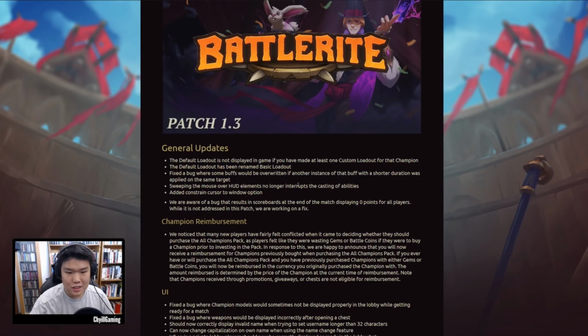Okay, so scrolling down here, we have some general updates. I think it's pretty much mostly just UI changes. It says here that the default loadout is not displayed in game if you have at least made one custom loadout. So that's fantastic, because a lot of times it just takes up space and it's quite pointless. I thought they would have allowed us to maybe change it up a little bit as well,